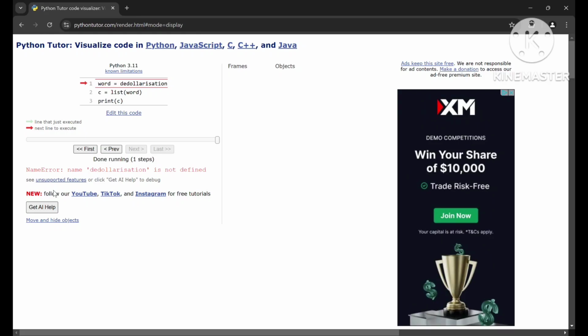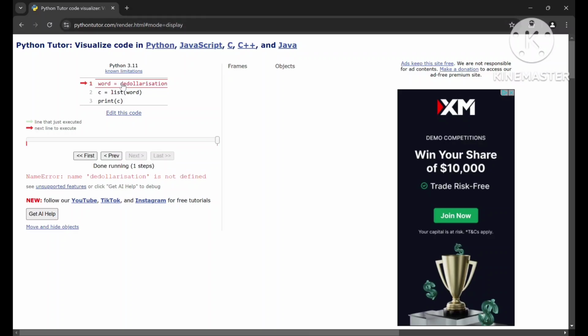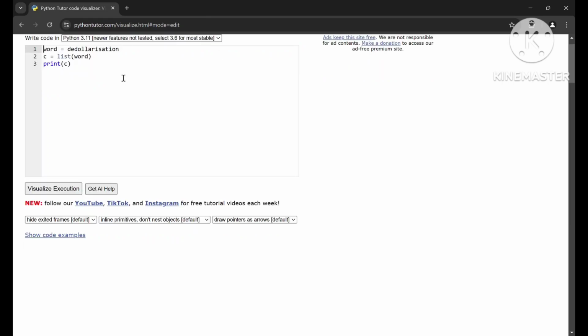Okay, yeah. Now see here. So see here how it is sliced de-dollarization. It is sliced into 15 slices, right? Okay. So